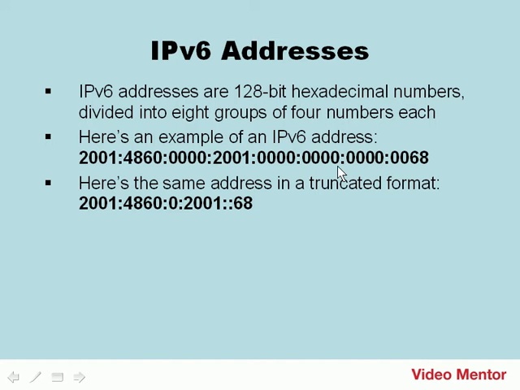We can take a whole group of zeros, here we have 12 zeros, and abbreviate that down to a double colon. But they have to be consecutive zeros. If you're doing that with more than 4 zeros, you can only do it once in an IPv6 address. However, if there are 4 zeros or less, you can truncate those as well. For example, these 4 zeros have been truncated down to 1 zero. So those are two possible ways to truncate or abbreviate the IPv6 address so it's a little bit easier to